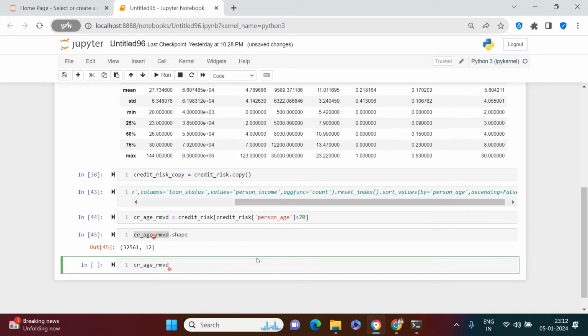I'm going to create another pivot on that pivot table, and inside that I'm going to say index equals to,